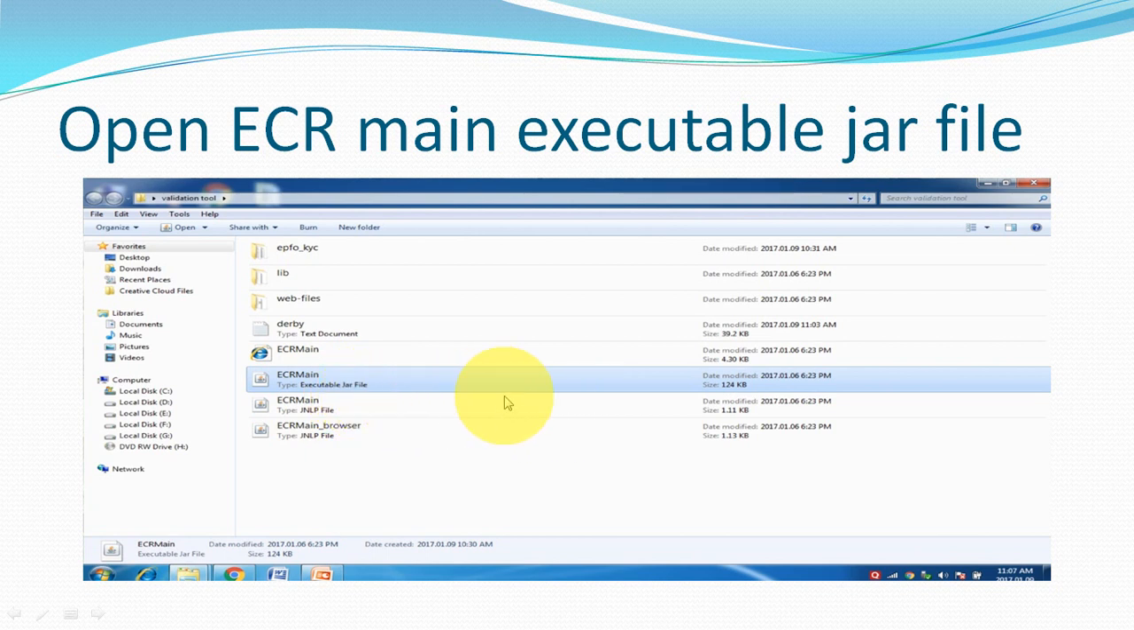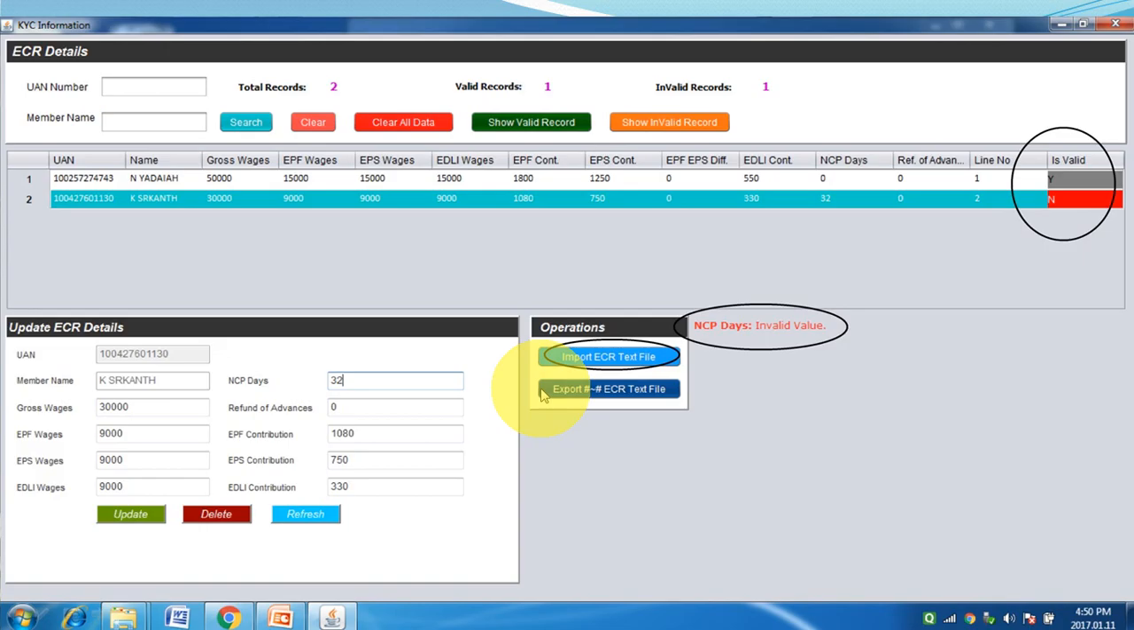To read the executable jar file, you need to have Java installed in your system. If it is not on your desktop, kindly go to Google and download the latest version of Java to use this. Once you click that ECR main executable jar file, there is a tab called import ECR text file. Kindly click the import ECR text file,